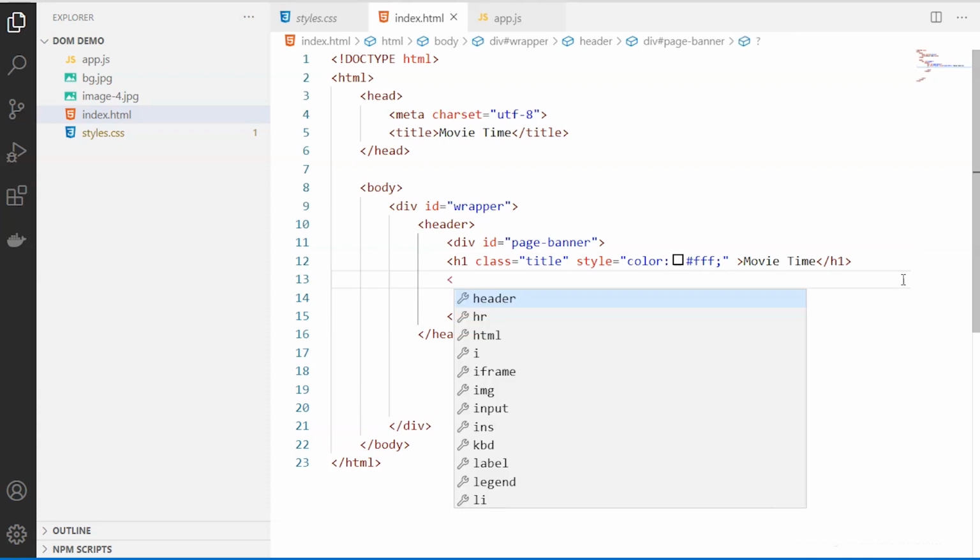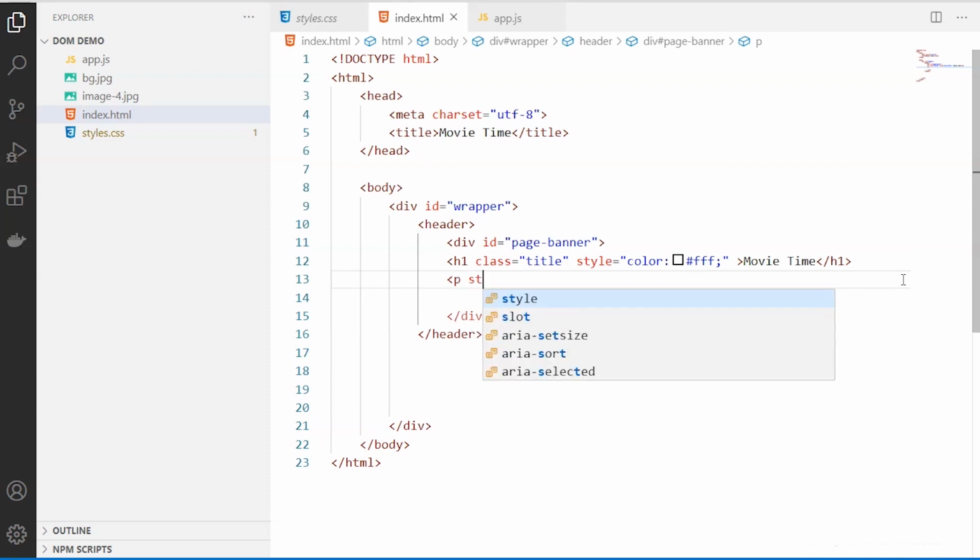And next, we will be giving the tagline. So let's also have an inline style for the tagline. We'll be using the same thing, which is the white text, since we are going to have a colored background. So I'm copying and pasting it here. Yeah, so here we'll have to close this.